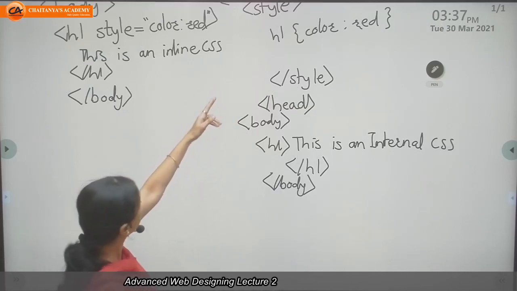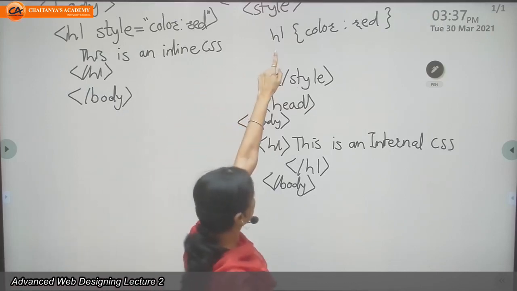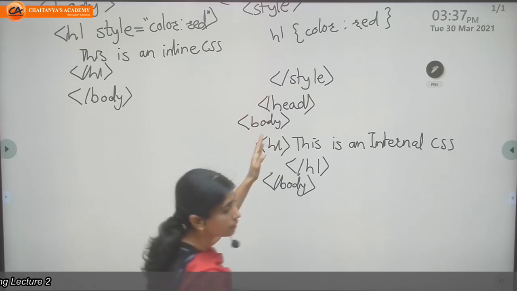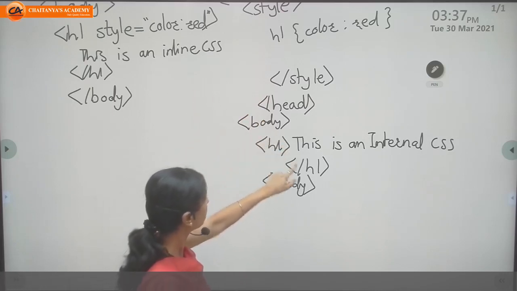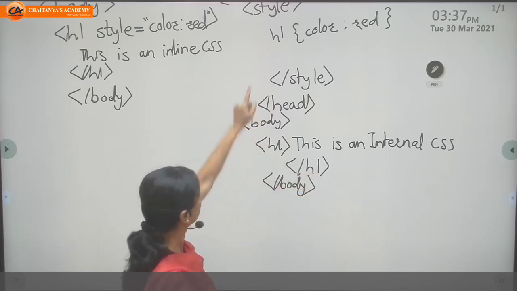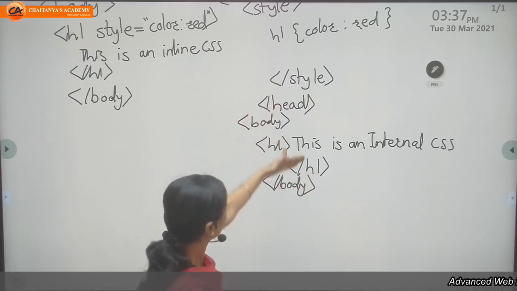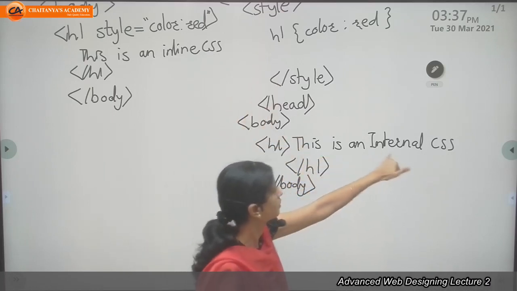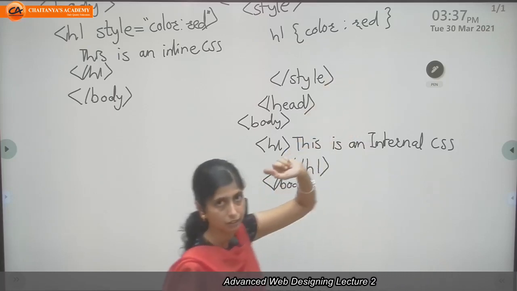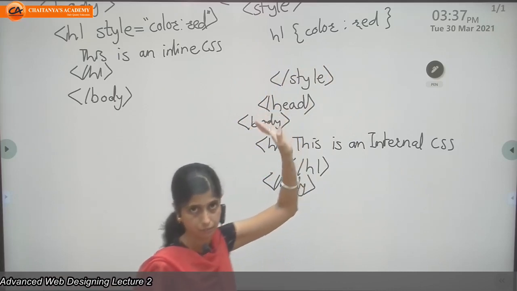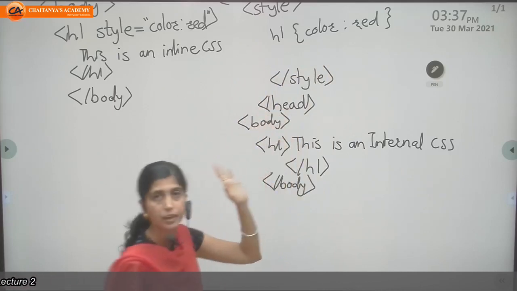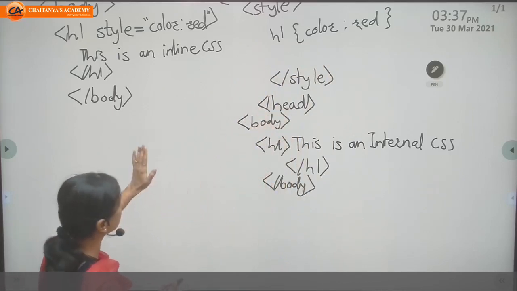In internal CSS, I can use style as a tag inside the head tag, and in the body tag, wherever I use this h1 selector, I can get the text of h1 with red color because I declared here h1 with red color text. In case of external CSS,